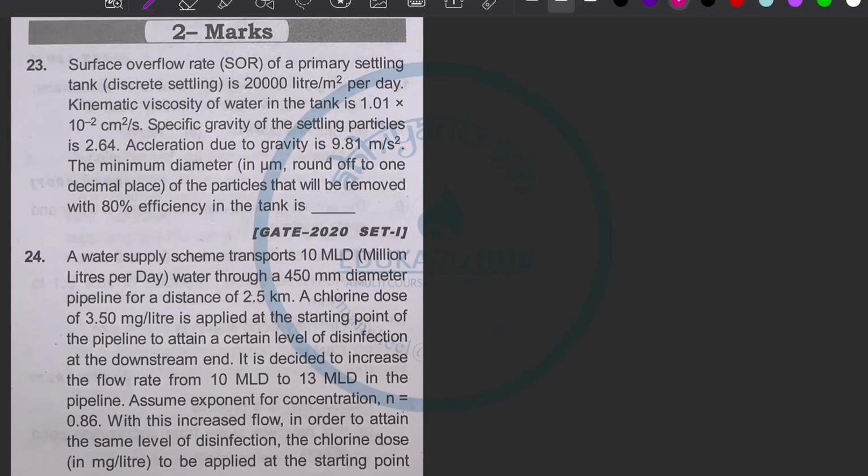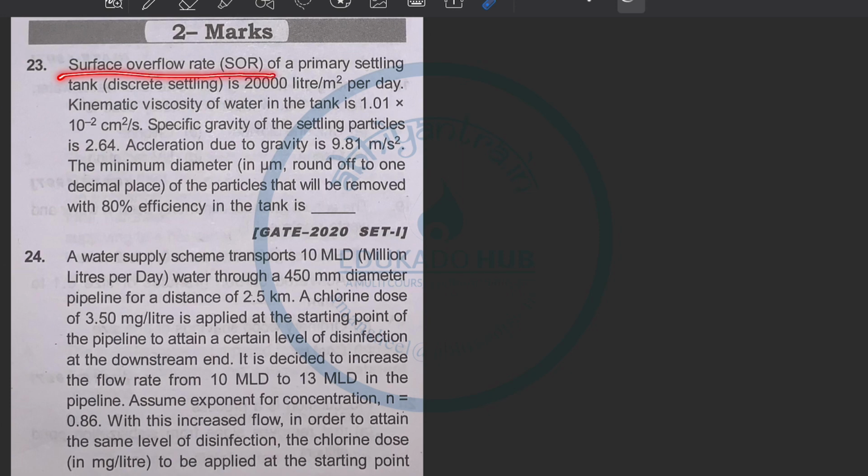Now let's move on to questions of 2 marks that came in previous year GATE exams, and the topic that's going on here is treatment of water. So the very first question which came in GATE 2020 that we are going to discuss is